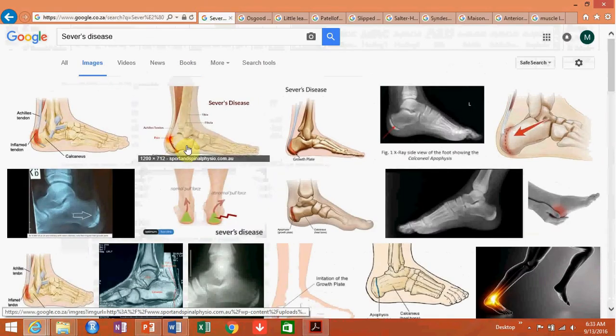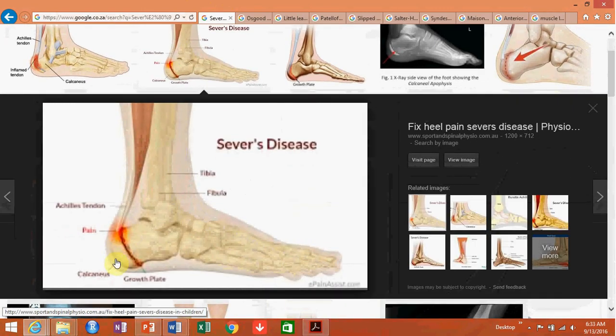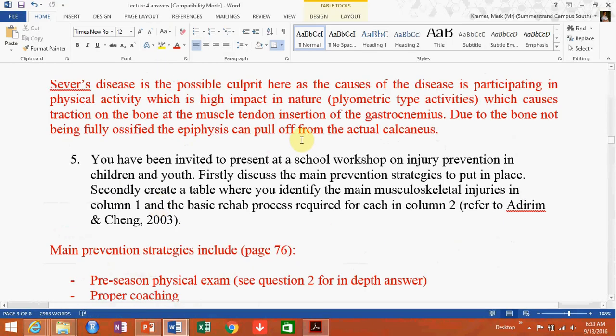So yeah, there would be the calcaneus and of course the growth plate. You can see there's a gap in between. It's not ossified fully, so it's very easy for the Achilles tendon to actually pull this growth plate right off. The growth plate, but the actual bone itself, because it's not ossified yet. It's easy to dislodge. Okay, so what happens there is it's due to excessive plyometric type activities, and we've already